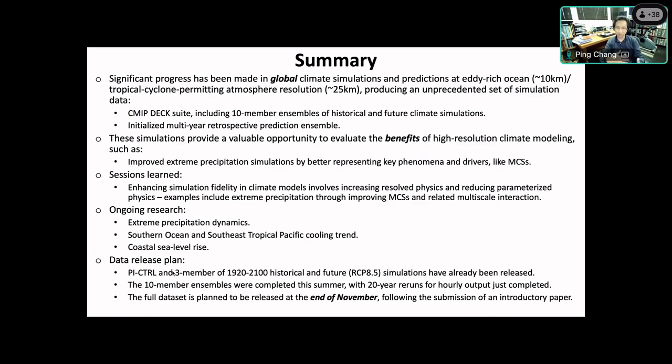In the early studies, there was a lot of emphasis on the thermodynamics, with people using the Clausius-Clapeyron relationship, saying that 1 degree increase translates to about 7% precipitation increase. But that is true as you see in the low resolution model, right? The thermodynamics is basically dominating. The moisture change is the important factor. But when you go to regional scale, to higher resolution, then you start to see the circulation change also plays an important role.